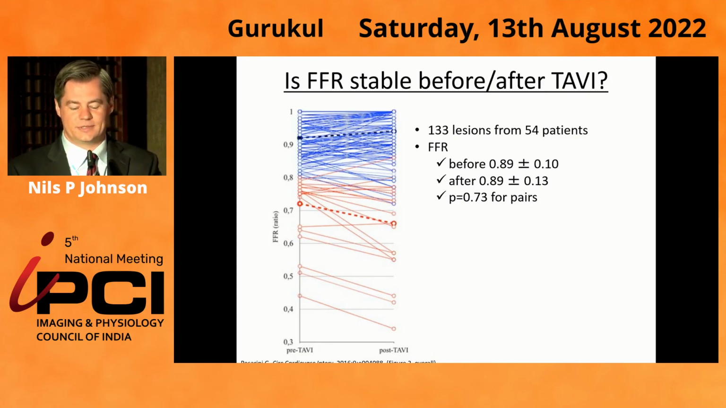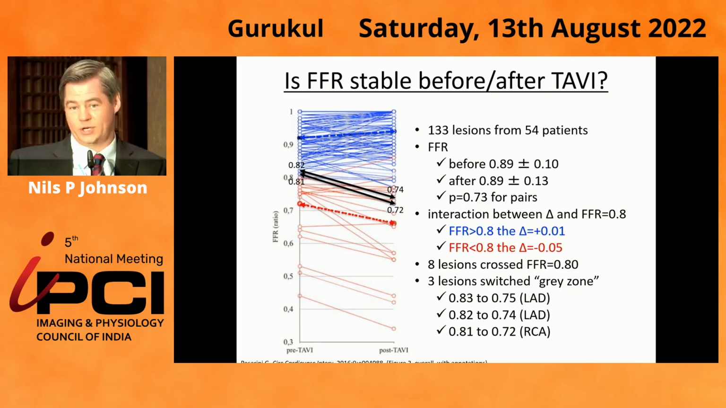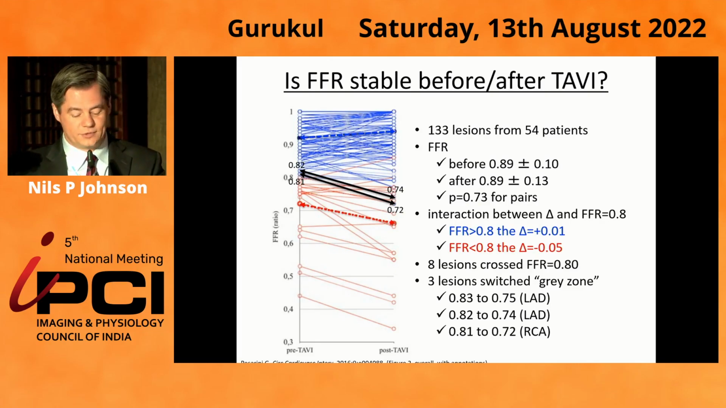But that obscures something that's happening. And if you look at the points in blue, those are the ones that have high FFR values. You can see they don't change very much. But the points in red, the ones with lower FFR values, have a drop of about 0.05. Of course, anytime you measure something twice, you'll have a few that cross the binary threshold. But here you can see something that doesn't happen very often, 3 lesions that actually switched over the FFR gray zone. And so I want to explain to you why this happens and think about what it means for our